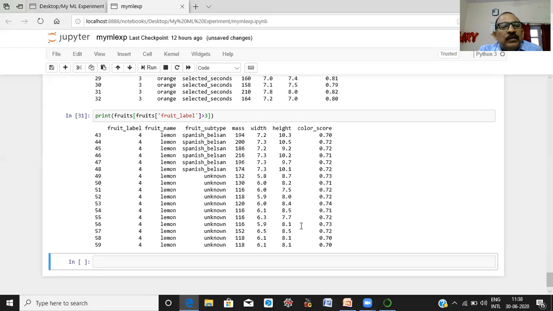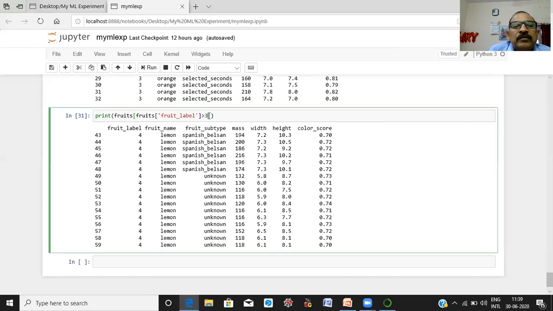You can also filter on more than one column, more than one variable. Fruit label, suppose, here I am modifying this, fruit label less than 3,